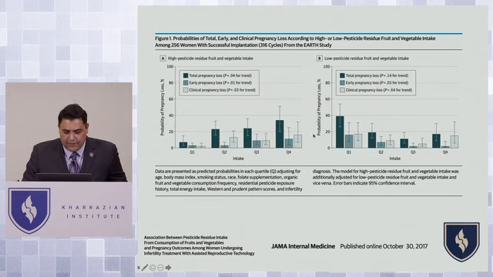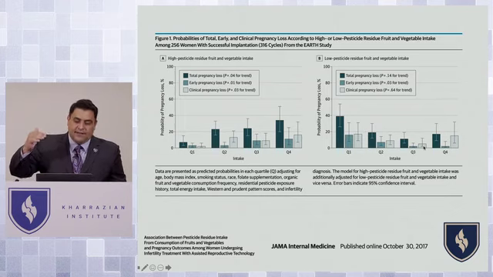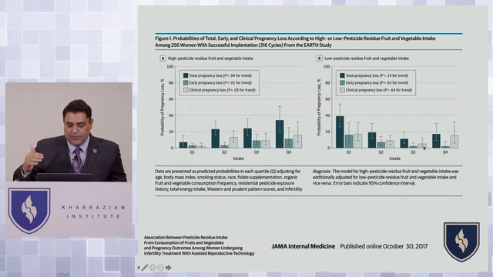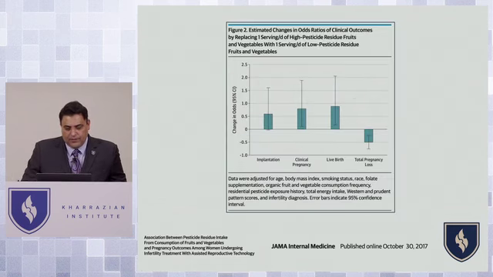And then when they look at probabilities with low pesticide foods, the rates of pregnancy go up when there's low pesticide foods. So you see the opposite direction take place. So high pesticides, less pregnancy; low pesticides, greater amounts of pregnancy. So very interesting study. And then they looked at the odds ratios when they do